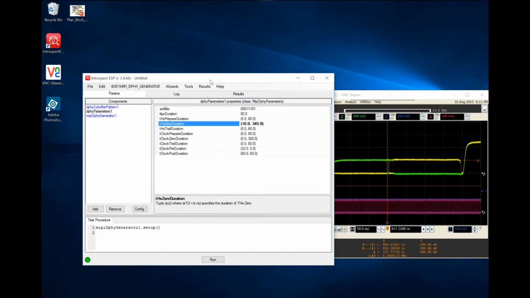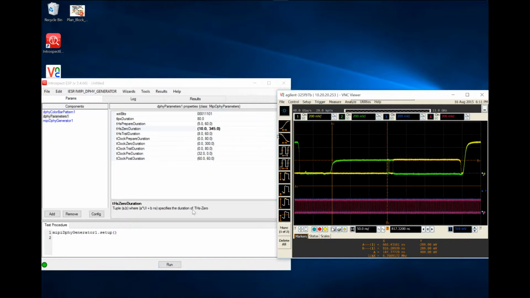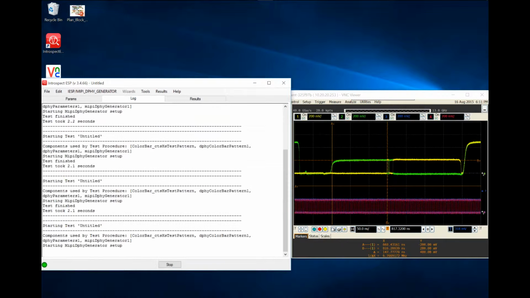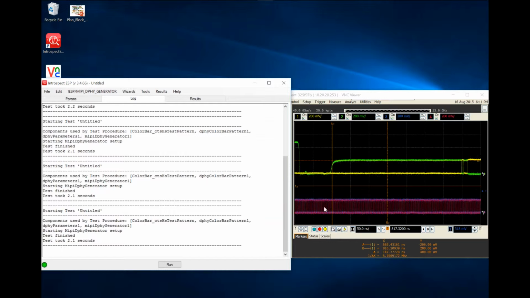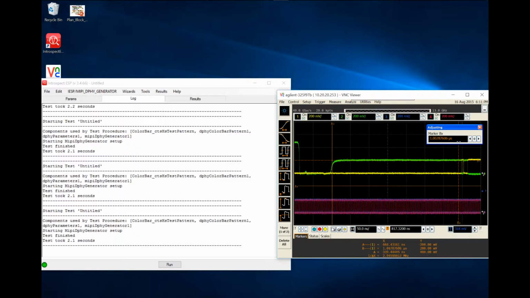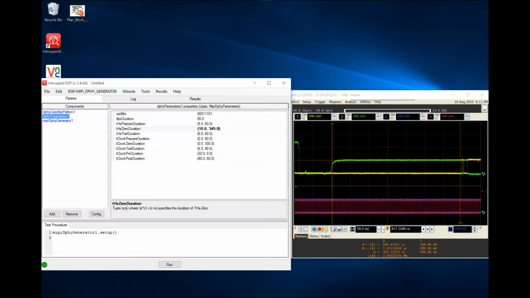I'll press enter, and then I'll just focus on the scope here. And when I click run, you'll see that everything else about the signal stayed stationary except the length of this THS0 duration. And so that's exactly what we intended to do in the demo: we took a value of THS0 and just modified it, and we increased it from 145 nanoseconds to about 345 nanoseconds. I just moved the cursor here very coarsely, but we can clearly see that the THS0 duration has been altered. I can go back to the default state here,